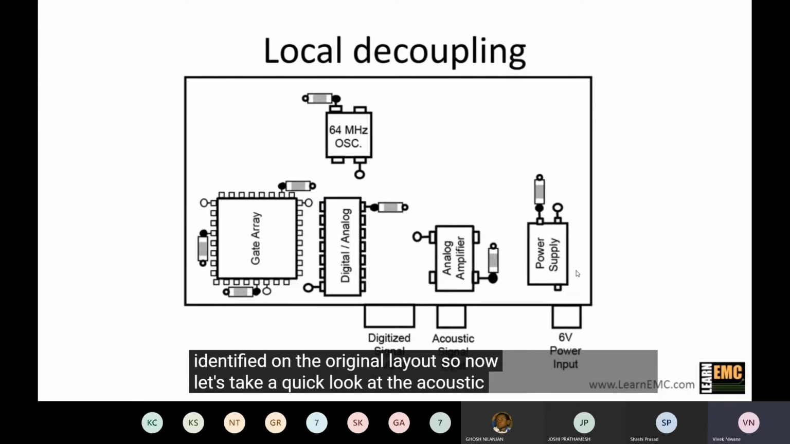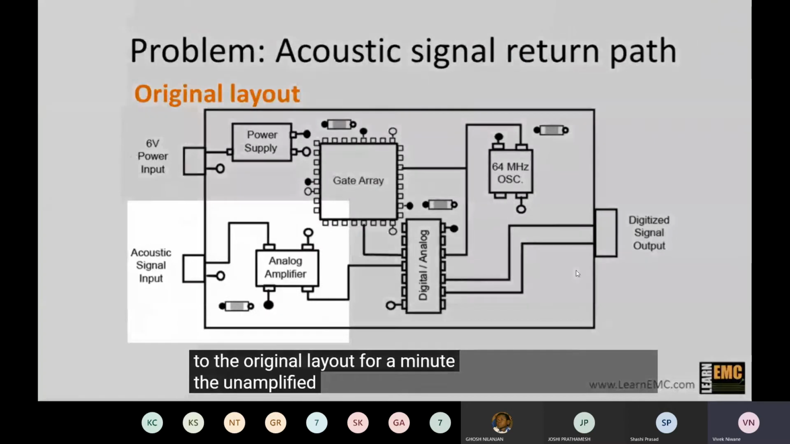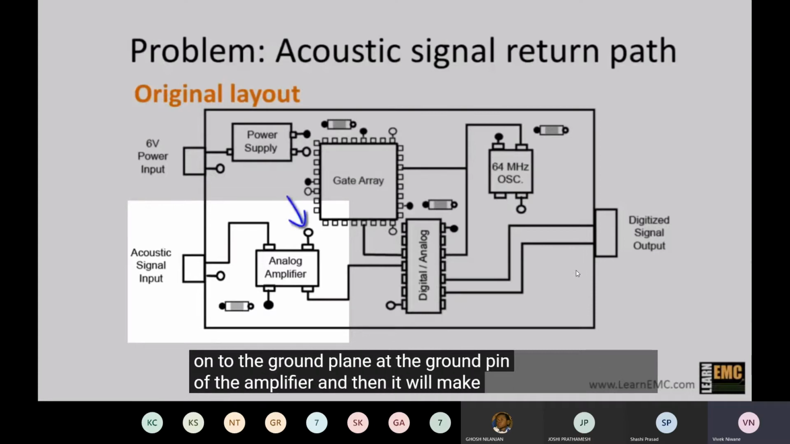So now let's take a quick look at the acoustic signal return path problem. Let's go back to the original layout for a minute. The unamplified acoustic signal shares the same ground plane return path as the digital signals. Recall that current flows in loops. So the current from the acoustic signal input connector to the analog amplifier has to somehow find its way back to the connector. With this original layout, the current will be dumped onto the ground plane at the ground pin of the amplifier, and then it will make its way back to the ground pin of the connector in order